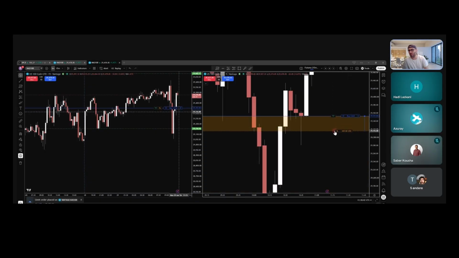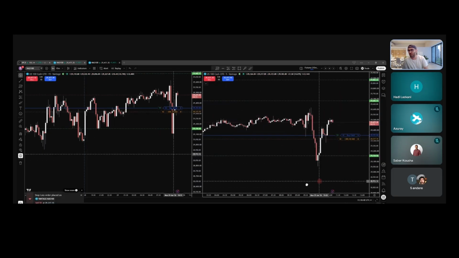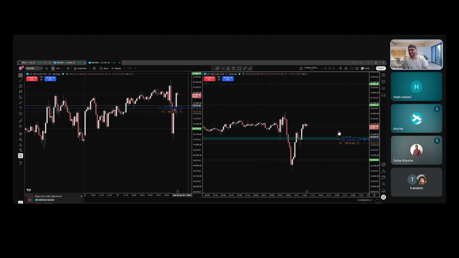My stop loss somewhere here, for example. Yeah, could have been whatever. And from here you say, you know what, at least I'm trying to get the high of the day, or even no, at least somewhere here. It's up to you. So let's say you would have said, hey, I would get somewhere here. That could have been also a 1 to 6, 1 to 7 trade again, depending on your stop loss and